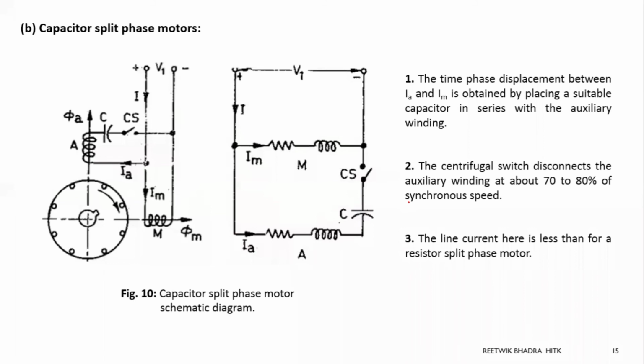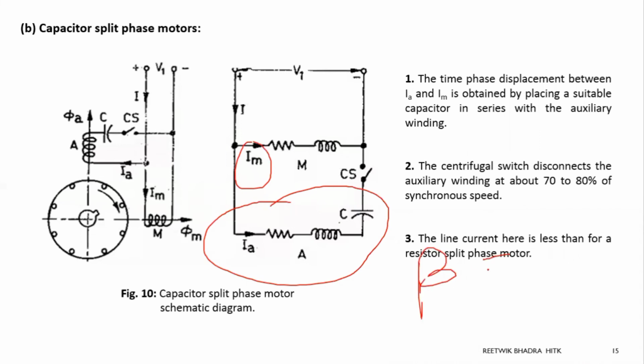What will a capacitor do? It will make the phase lead. So it will try to make the angle between the auxiliary and main winding close to 90 degrees. You will see later when we draw the phasor diagram, it will increase the gap between the two and make the auxiliary current IA lead the current IM, and try to make that beta close to 90 degrees,